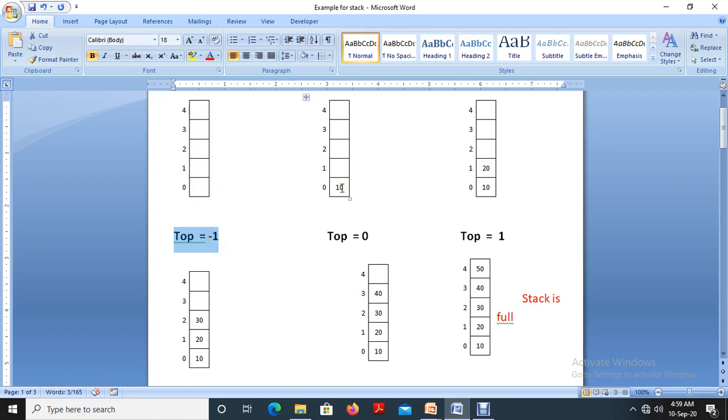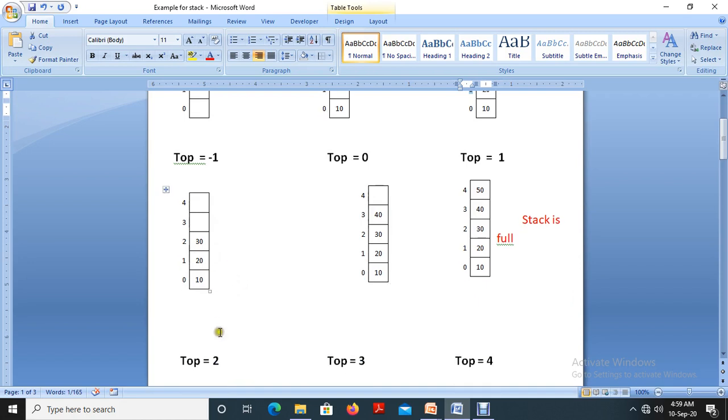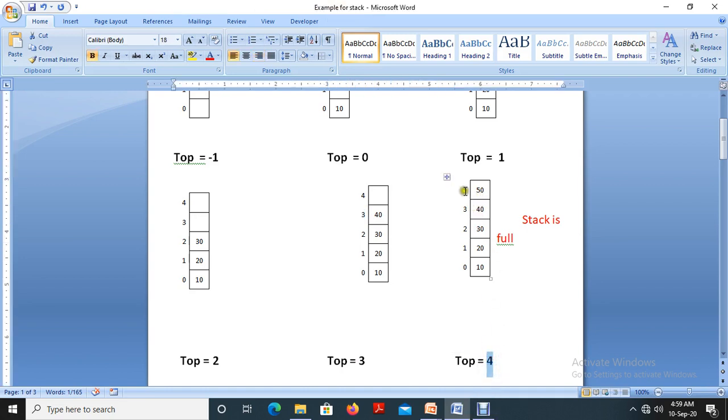After inserting the first element 10, the top value equals 0. After inserting the second element 20, top represents the index 1. After inserting the third element 30, top represents the index 2. After inserting the element 40, top represents the index 3. After inserting the element 50, top represents the index 4.